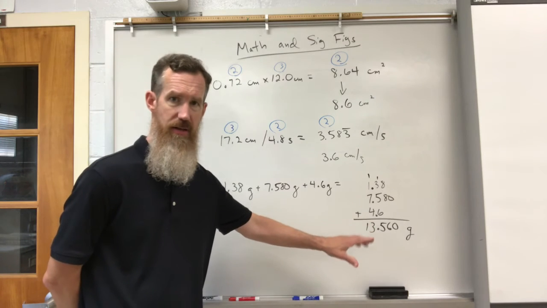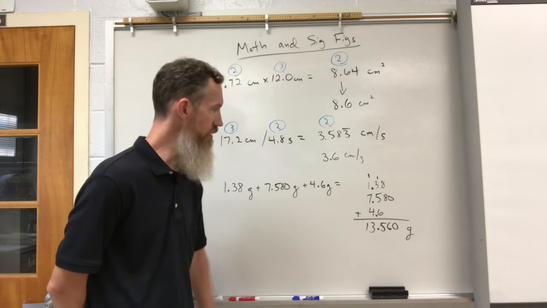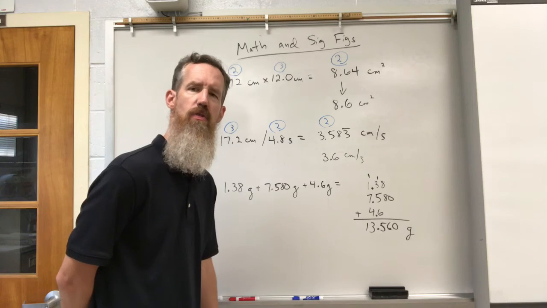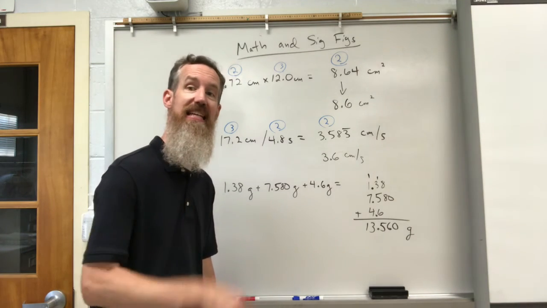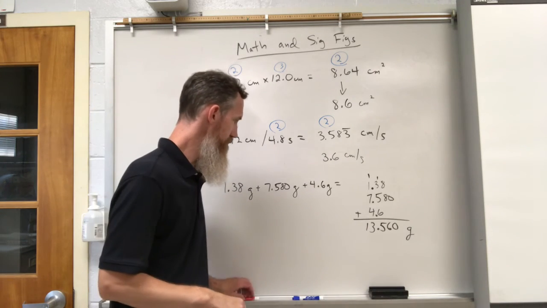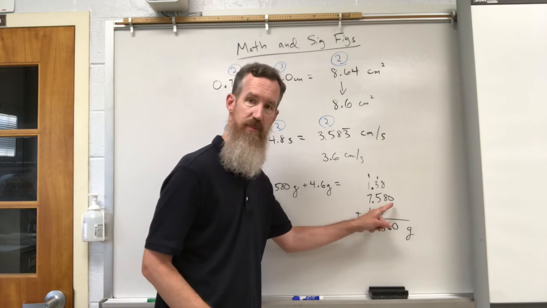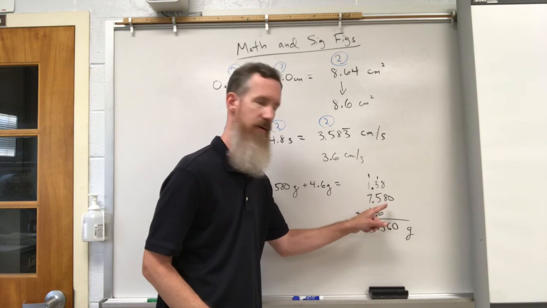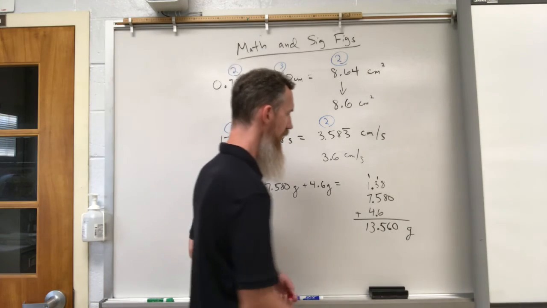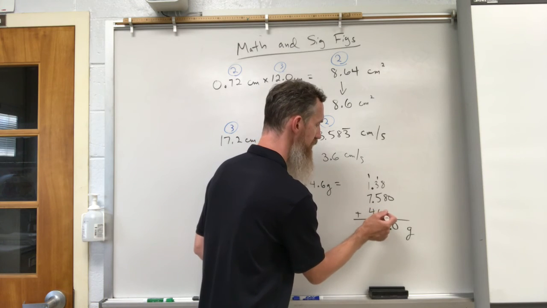Now, that's not correct with the appropriate significant figures. For addition and subtraction, you don't count the amount of sig figs and apply that to the answer. You use the value with the least amount of decimal places. This has 2 decimal places, 1.38. This has 3 decimal places, 7.580. This has 1 decimal place. So your answer is dictated by the value with the least amount of decimal places. That's 4.6. It's only got 1 decimal place. So